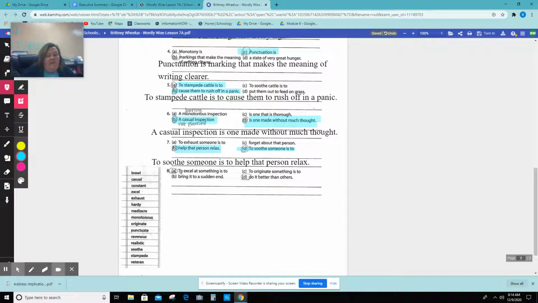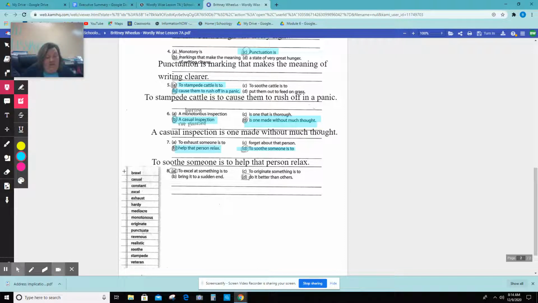Number 8, to excel at something is to bring it to a sudden end. To excel at something is to do it better than others. To originate something is to bring it to a sudden end. To originate something is to do it better than others. All right, some of you